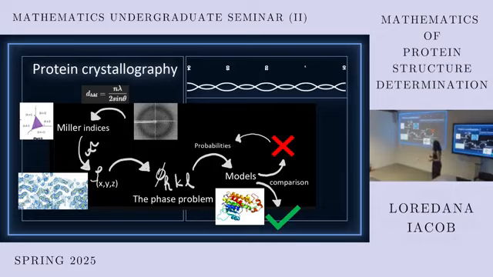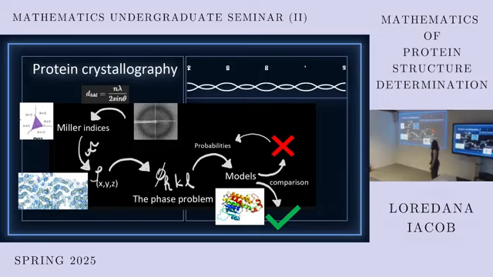But the problem with the density map, this is technically the result. This is technically the structure of the protein, but we can't know for sure this map because of a problem I'm going to introduce later. So we have the phase problem, and this problem implies that we need to use some probabilities in our equation. We need to use some